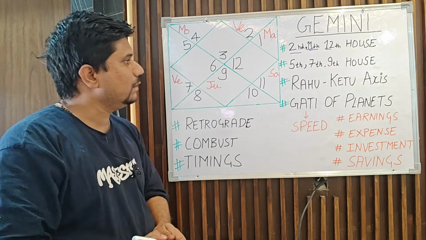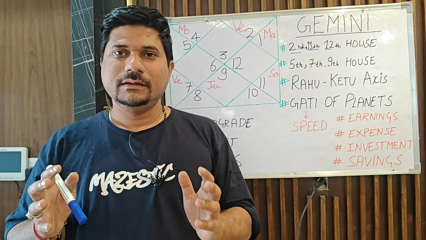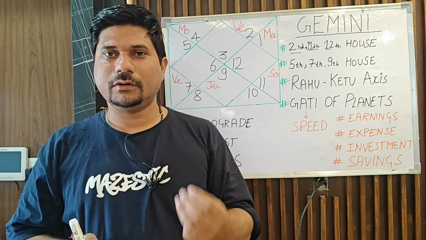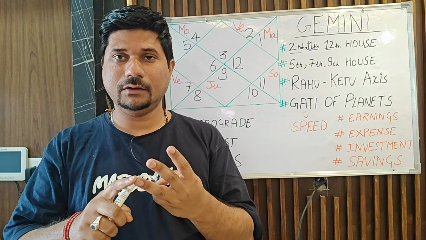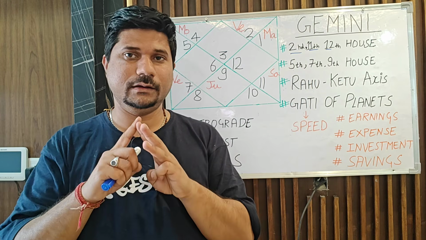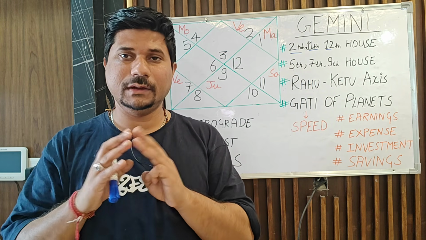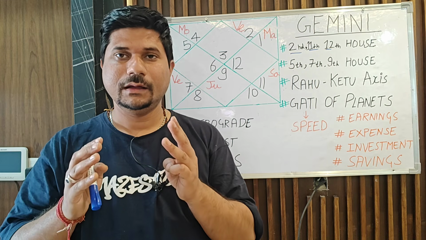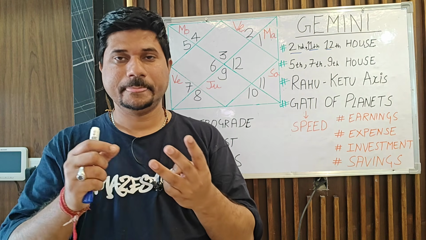Now, first of all, let's try to understand the 11th, 12th and 2nd houses. See, in Vedic astrology, there are 3 important houses which are connected with money and wealth: the 11th house, 12th house and 2nd house, okay? All the Laxmi yogas, all the money and wealth giving yogas are created with the help of money houses. So these are very important.